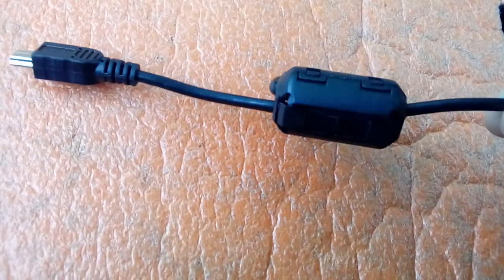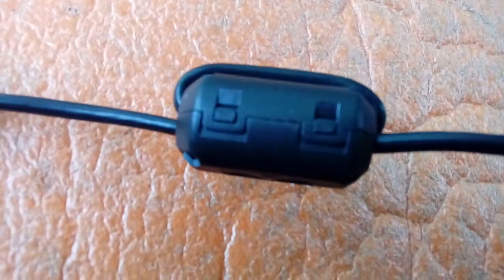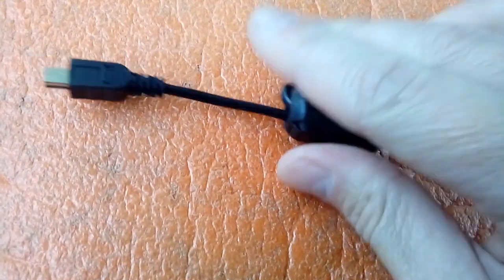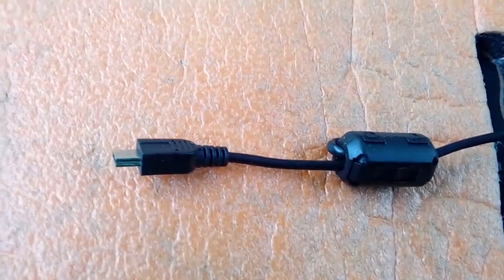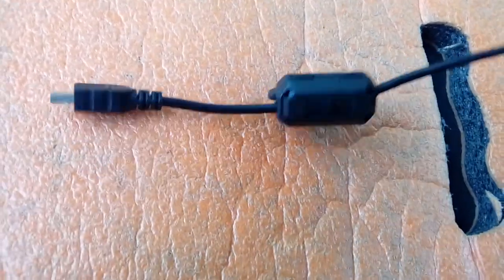Like so. And clipped back together again on its little locks there. That's all you need to do for that. That bit is done. Now, the next bit basically is something I do because I've been doing these for absolutely